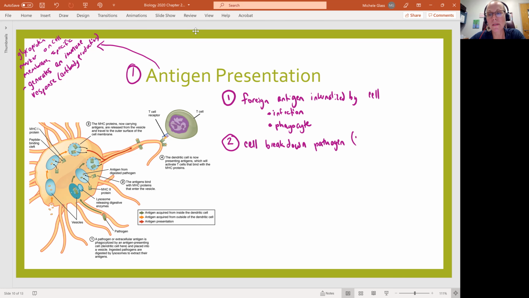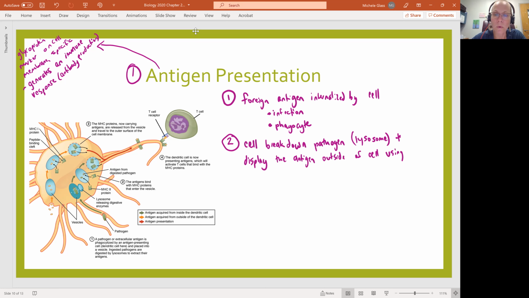And this is involving the organelle called the lysosome. And it's going to display the antigen outside of the cell